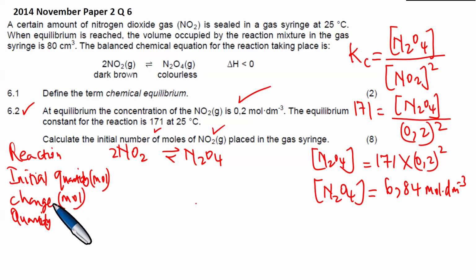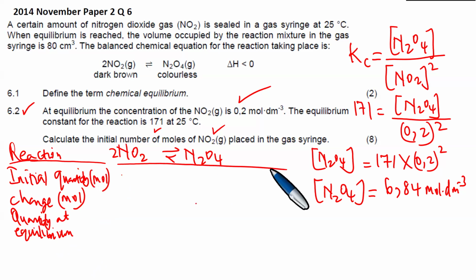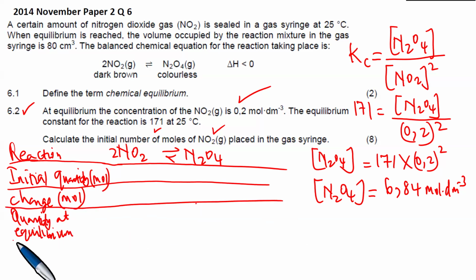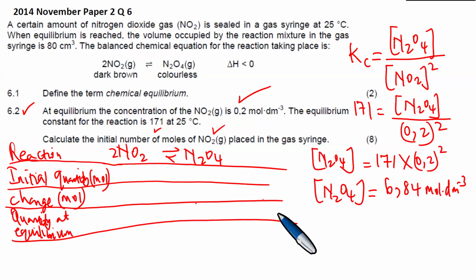We have the quantity at equilibrium. Okay, let us draw a couple of lines here. Right, so we're drawing a table so that we have the change in mole, and we have this quantity at equilibrium,